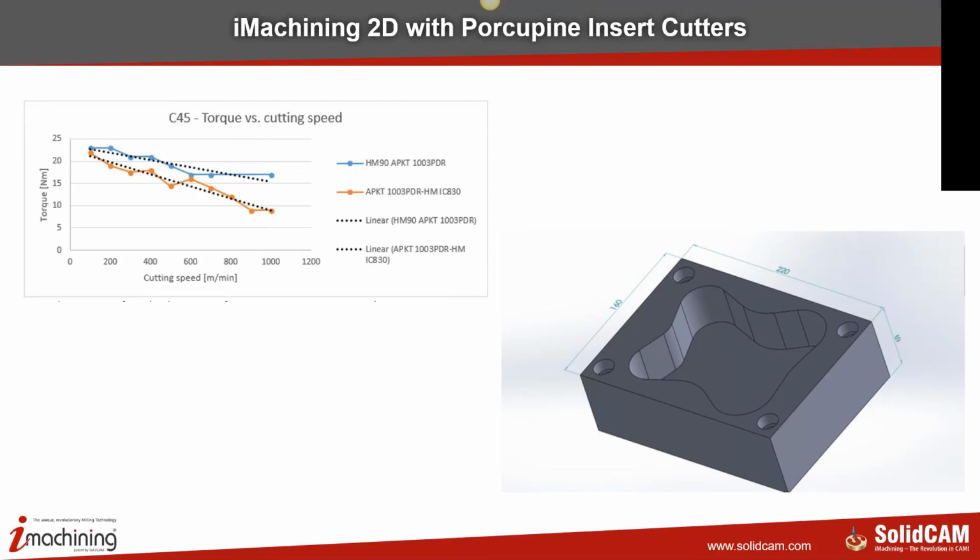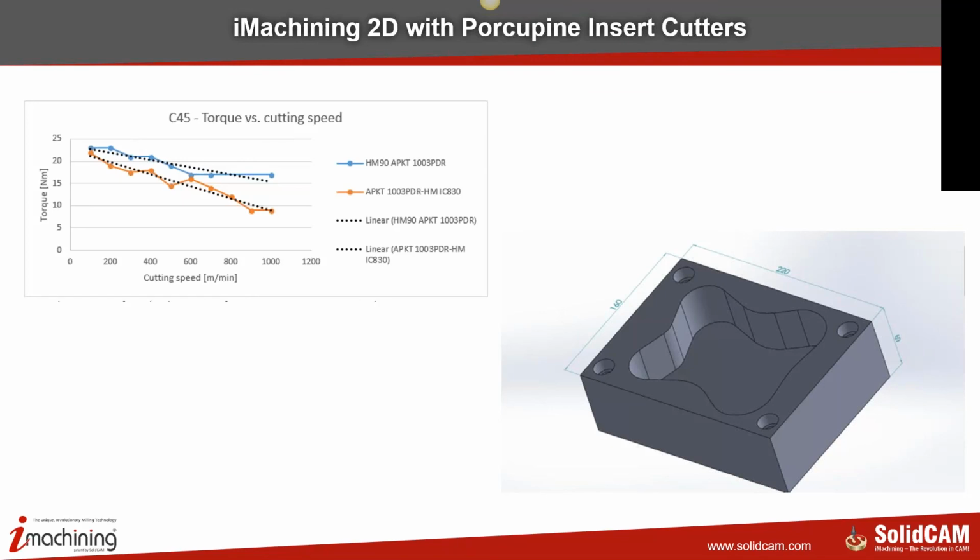Okay, iMachining 2D with Porcupine cutters or Porcupine Insert Cutters. One of the requests for iMachining in the past couple of years has been, how can we use iMachining with insert cutters? For anybody who was at SolidCAM World, Bakir talked about the cutting they do in Germany. One of the things he did talk about, which if you weren't there you would have missed, is that they do insert cutting with iMachining in Germany, but